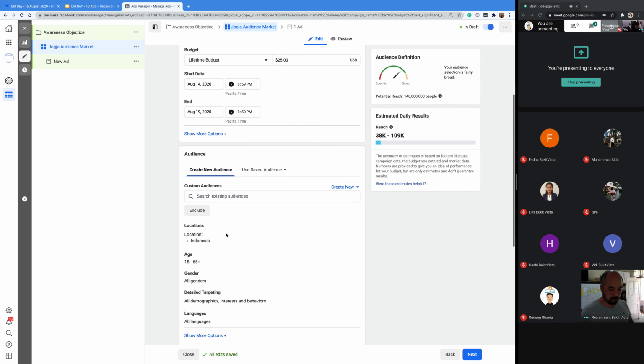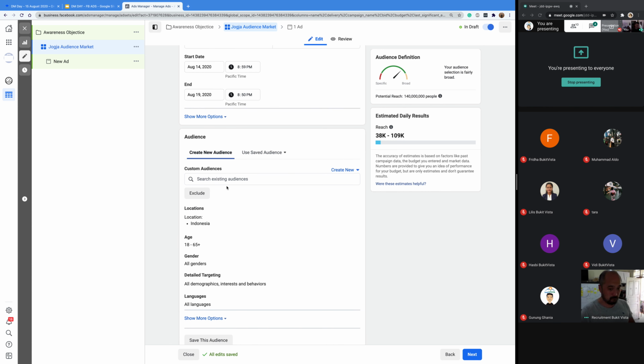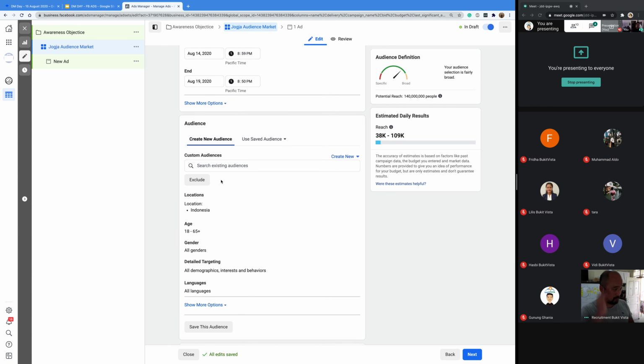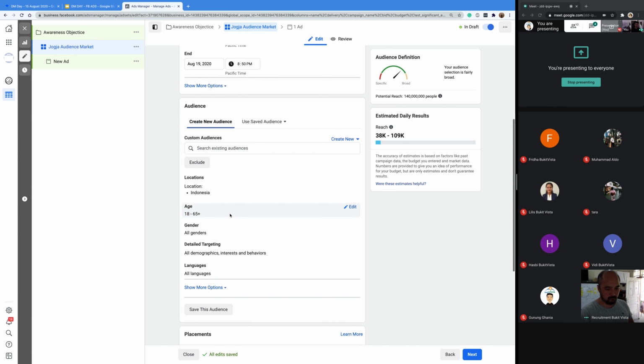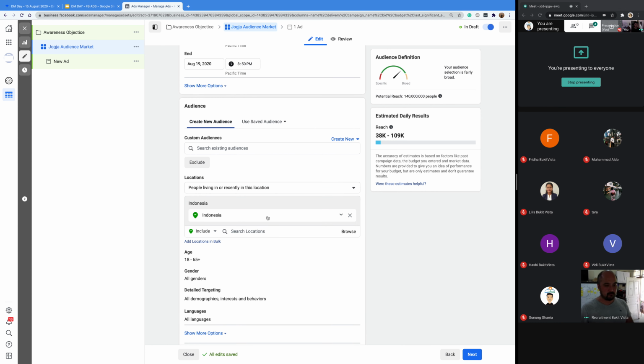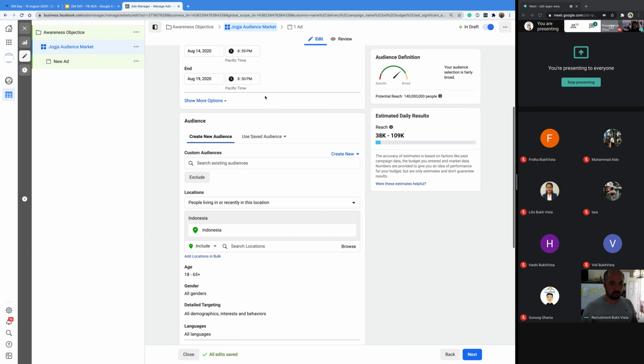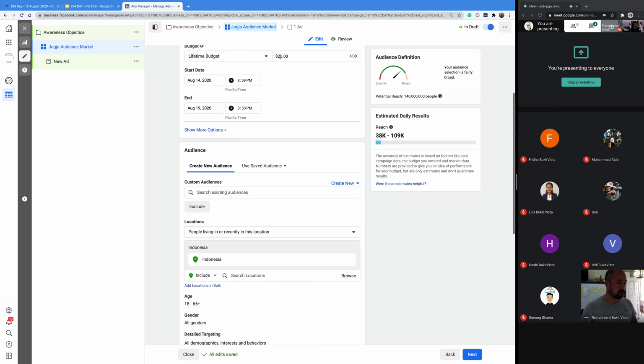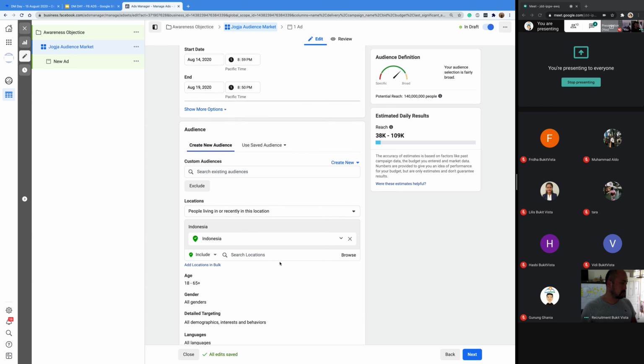audience. Basically, Facebook, we can create an audience previously, but that's for when we are already advanced. But if we still know nothing about this, we only set this particular section first. Okay, let's move to the location. Basically, we only have a small budget, sorry, 25 budget in lifetime budget, and